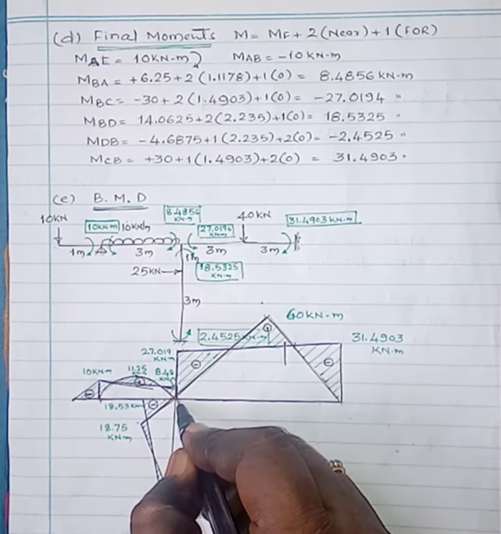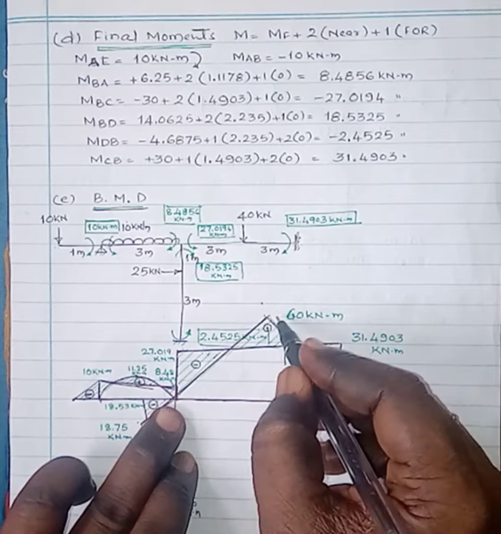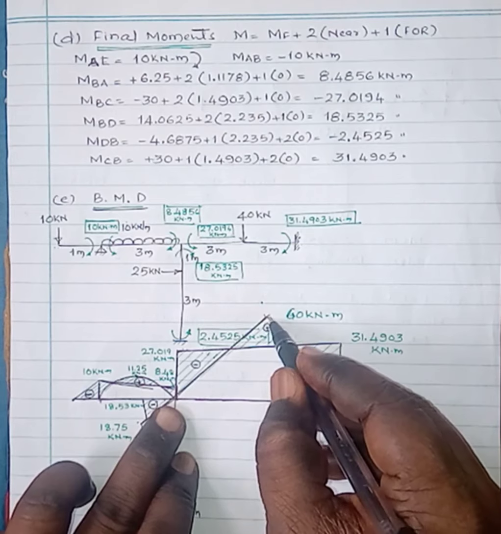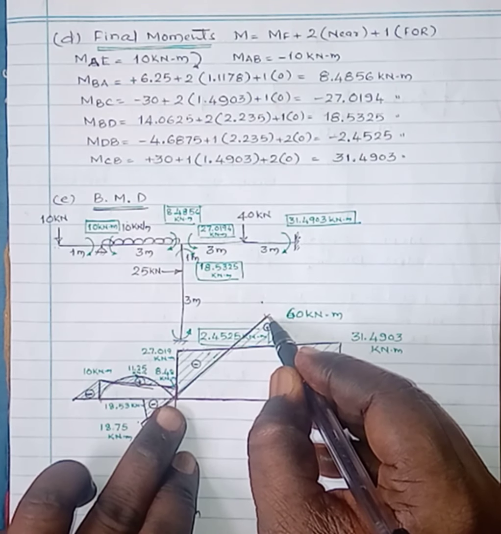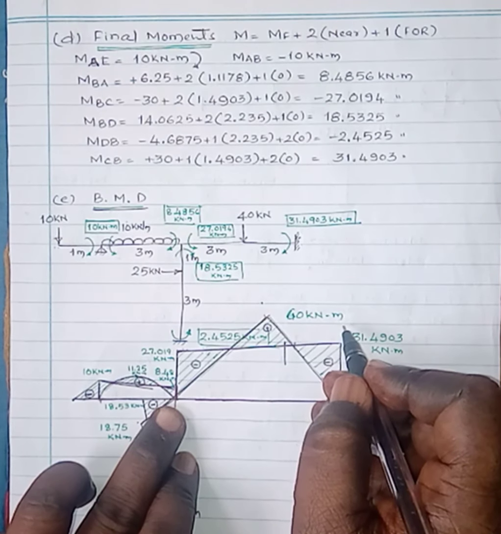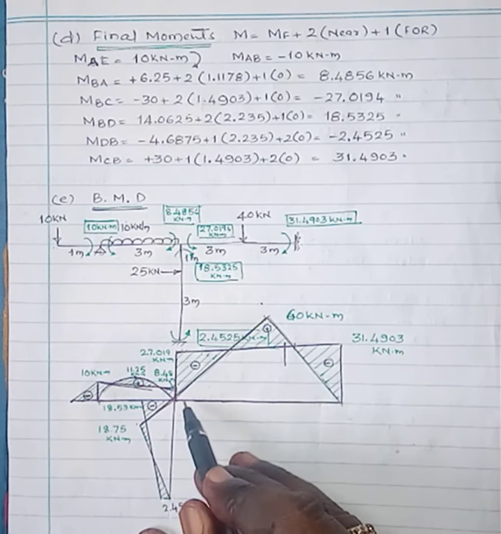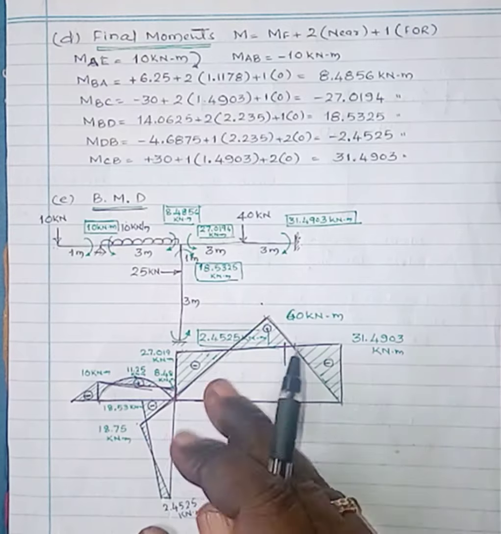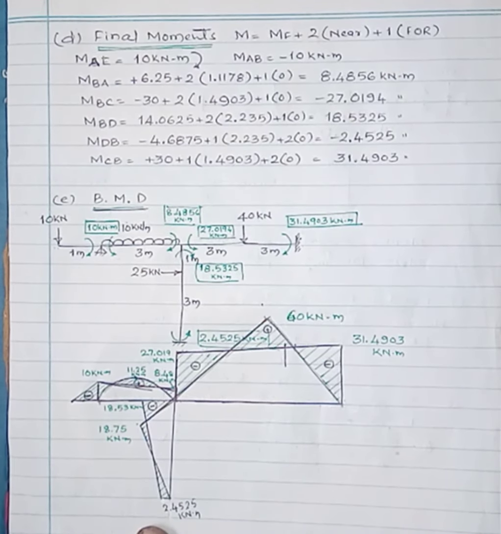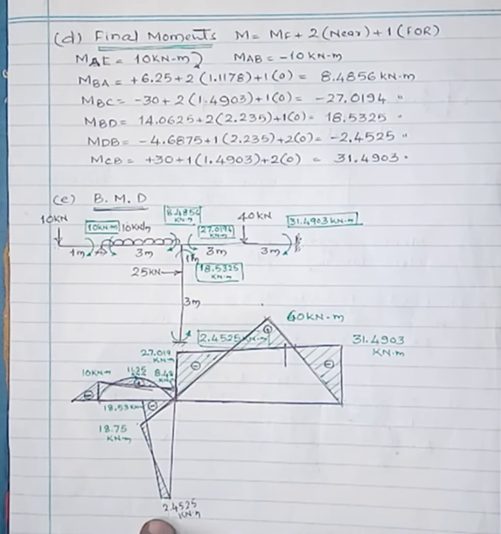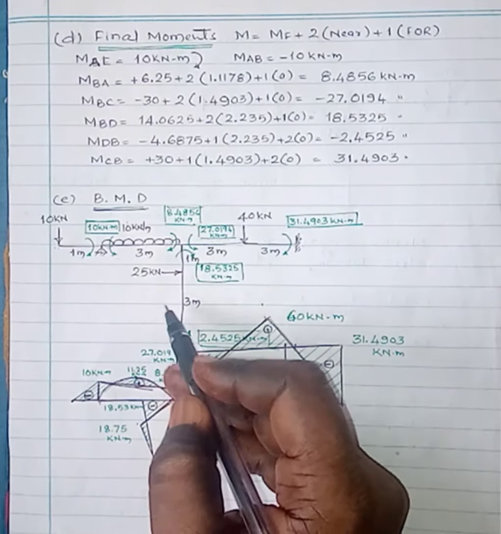Here at the support, the bending moment is 0. Then here it is subjected to 40 kilonewton at the center. The maximum bending moment occurs below the point load, that is WL by 4. 40 into 6 by 4, that one is 60 kilonewton meter below the point load. Then here at the support, the bending moment is 0. By overlapping these bending moment diagrams over the already drawn support moment diagram, the shaded portion will be the net bending moment diagram. Similarly here, this one is